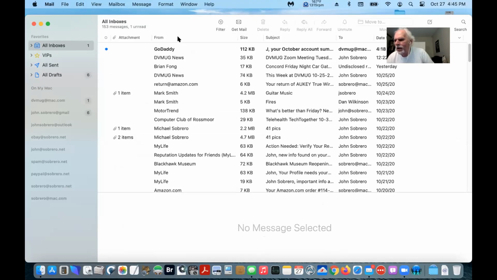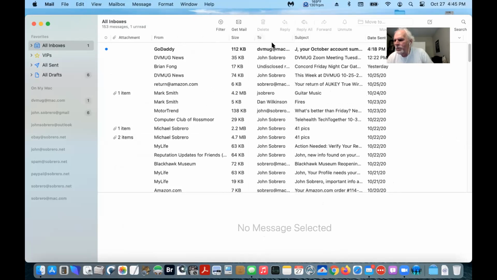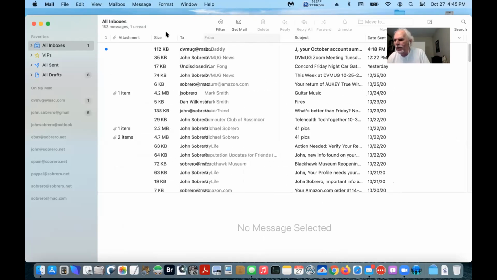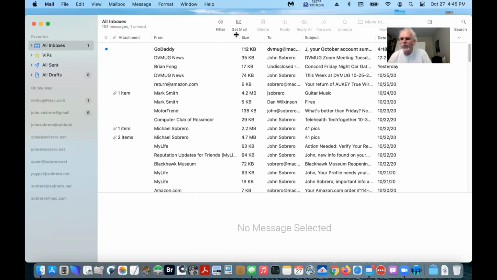And in Mojave, it sucks, because you can't resize the columns or move the columns around. That's all fixed in static mode. You can't change it. In Catalina, they broke that. In Big Sur, they changed it back so I can move these columns around and I can resize them. You cannot do that in Catalina.